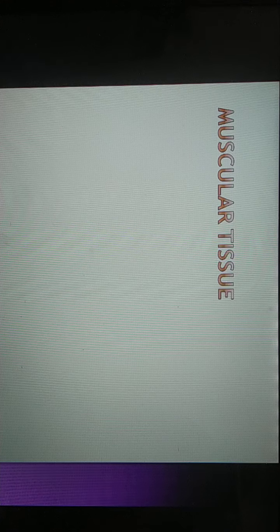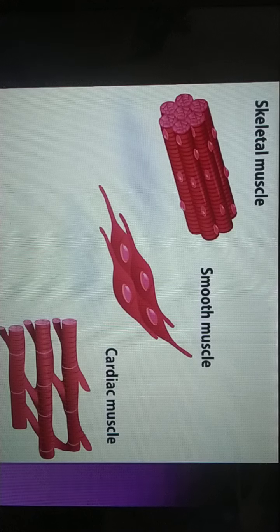The cells are elongated. You can see the cells are not oval or circular, but elongated. The cytoplasm of the muscle cell is called sarcoplasm, and the cell membrane is called the sarcolemma. Sarcoplasm has very fine myofibrils that pass along the longitudinal axis of the cell. They do not show striations across the fiber. The lining-like structure seen in skeletal muscle is absent. In smooth muscle there are no striations, so it is called smooth muscle.